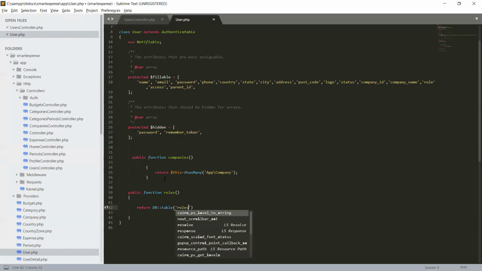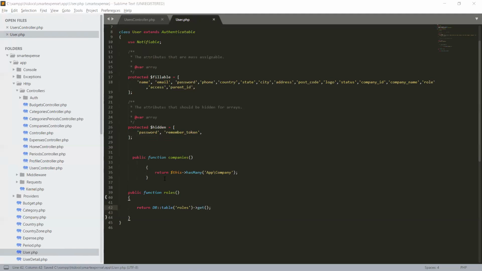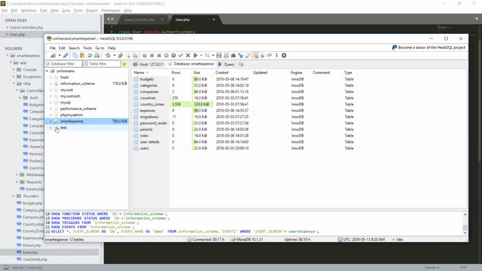The table name is roles, and we have to get all the records from the table roles. We will send it, returning this role. Save it,